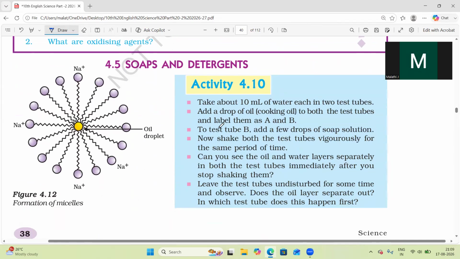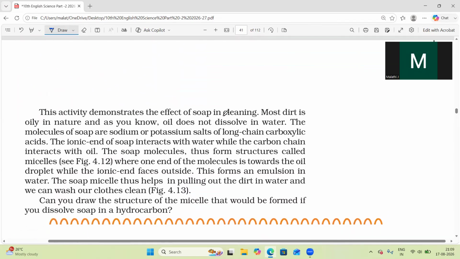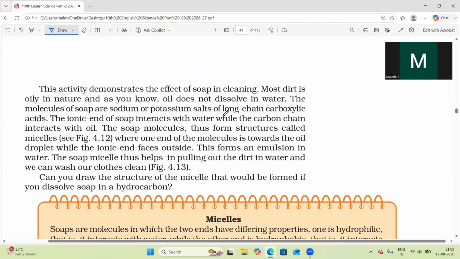The final topic in this carbon and its compounds chapter is soaps and detergents. So how do they work? We are using soaps in our daily life. How does it happen? Oil does not dissolve in water, but by using molecules of soap, which are sodium or potassium salts of long chain carboxylic acids, the ionic